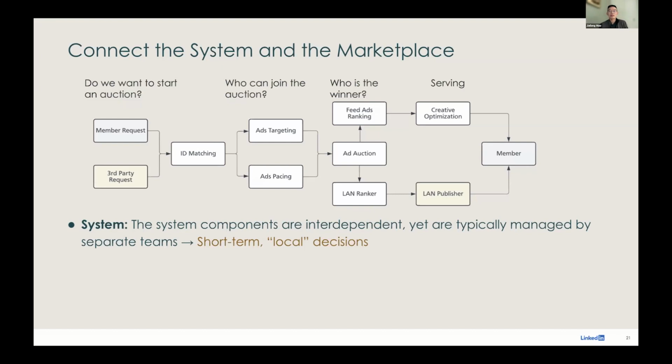But in some cases, these local decisions don't lead us to a global optimum. For example, when there's a top-down requirement to increase ads revenue, some team in the ad auction module might just increase ads price. And when they do that, the other modules might find, why the pricing becomes so high